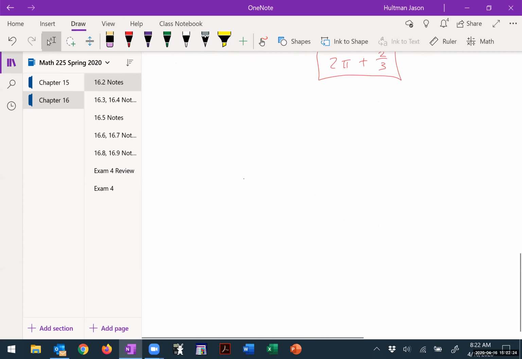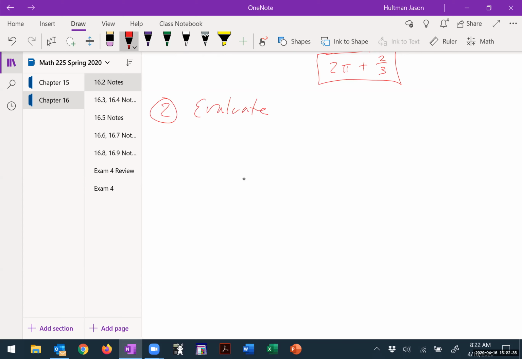Okay, evaluate the line integral over C of 2x ds. Now that ds implies that this is a line integral. It's not dx, it's ds. It's a line integral, where C consists of